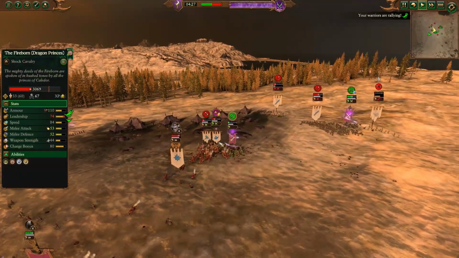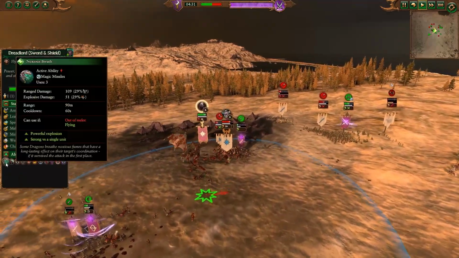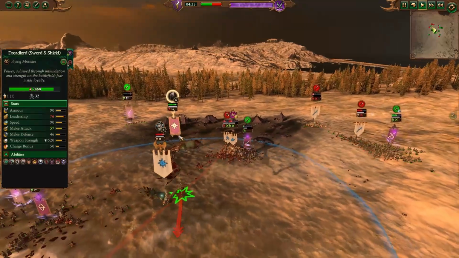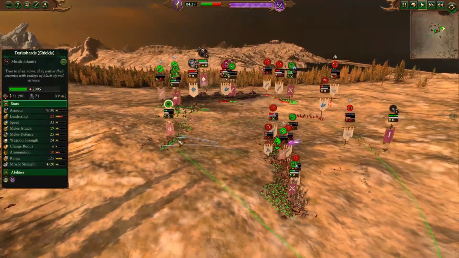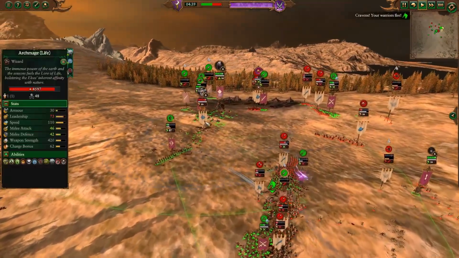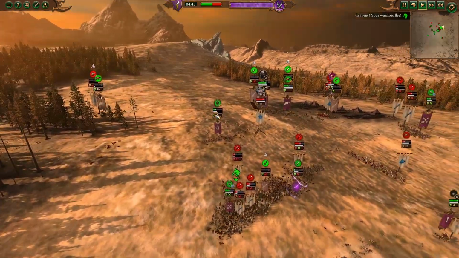Will it be enough to save the High Elves? I don't know. Dragon Lord Spooky still has all 3 breath attacks, too. Dark Shards have been rallied and are now once again firing in. If this Archmage really wants to commit to a fight, that Dragon Lord behind her is more than happy to